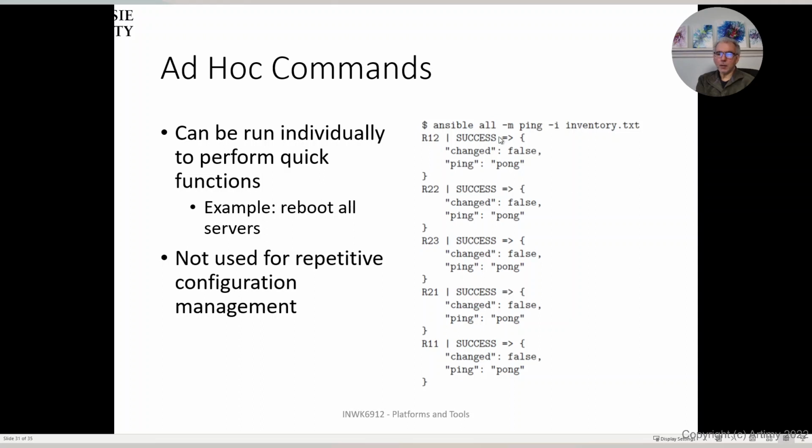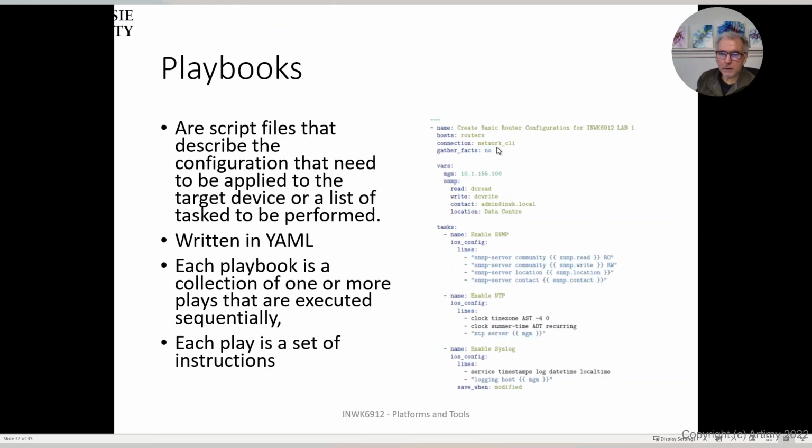Now these are quick commands that I can execute only occasionally, right? But if I want to do things more elaborate, then I have to write another file. It's called the playbook. The playbook is written in YAML,